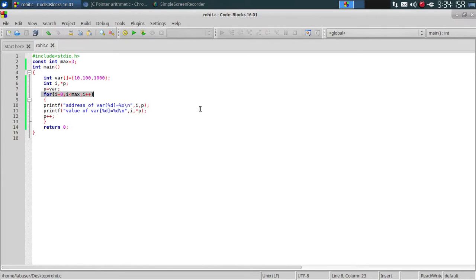With the help of an example, we can modify the previous example by incrementing the variable pointer so long as the address to which it points is less than or equal to the address of the last element of the array, which is the address of var[MAX - 1]. So